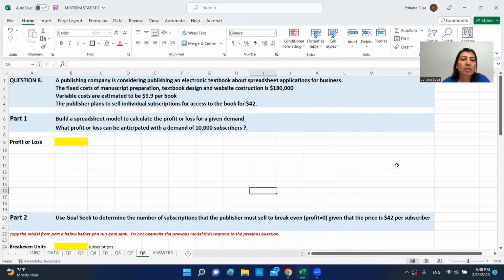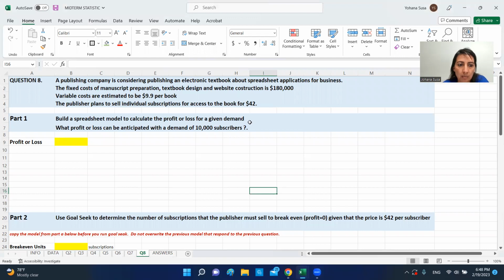Okay, question 8. A publishing company is considering publishing an electronic textbook about spreadsheet application for business. The fixed cost of manuscript preparation, textbook design, and website construction is $180,000. Variable costs are estimated to be $9.90 per book, and the publisher plans to sell individual subscriptions for access to the book for $42. So in the first part, we are asked to build a spreadsheet model to calculate profit